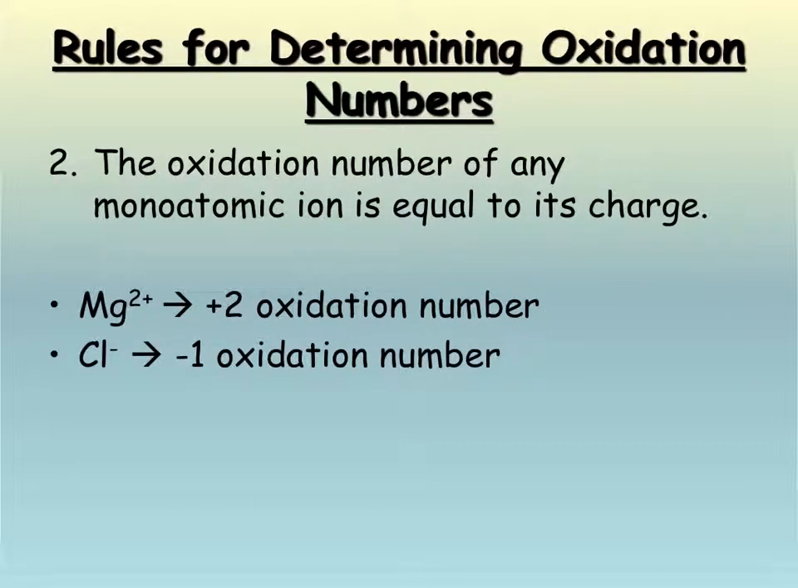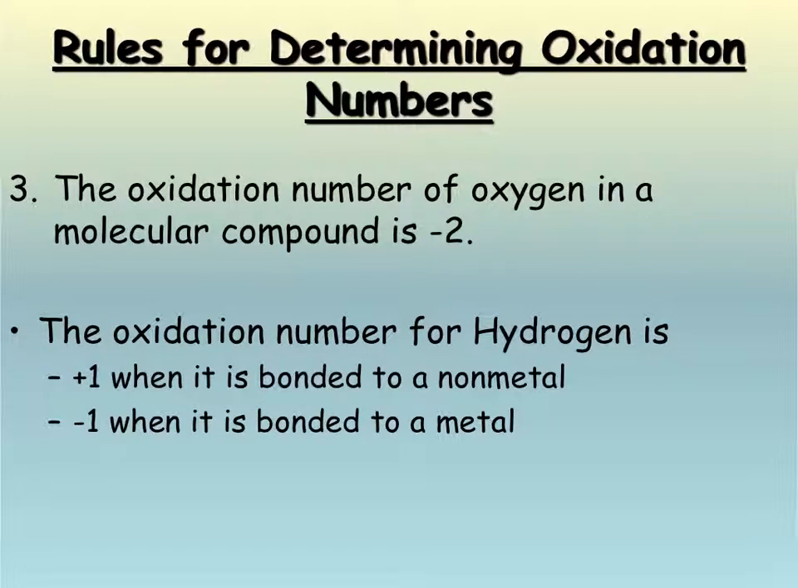All right, the oxidation number of any monoatomic ion is equal to its charge. So for example, Mg2+ has an oxidation number of 2+. Chlorine 1- has an oxidation number of 1-. The oxidation number of oxygen in a molecular compound is -2. Okay, so anytime you see oxygen, just go ahead and know that that is going to have a -2 oxidation number. Hydrogen, however,